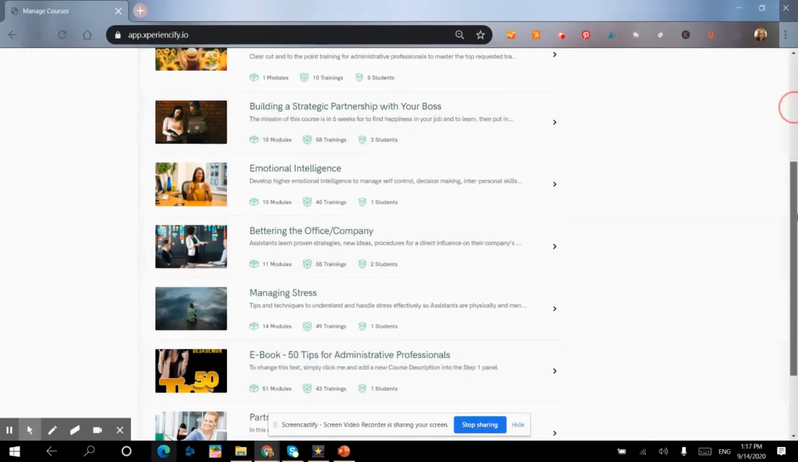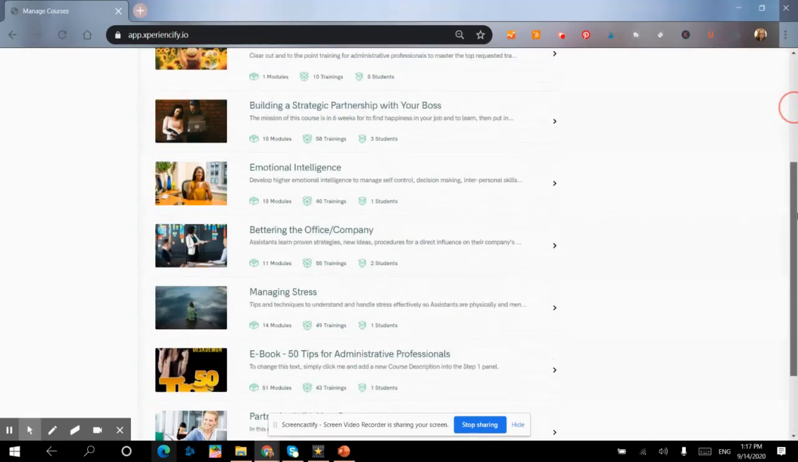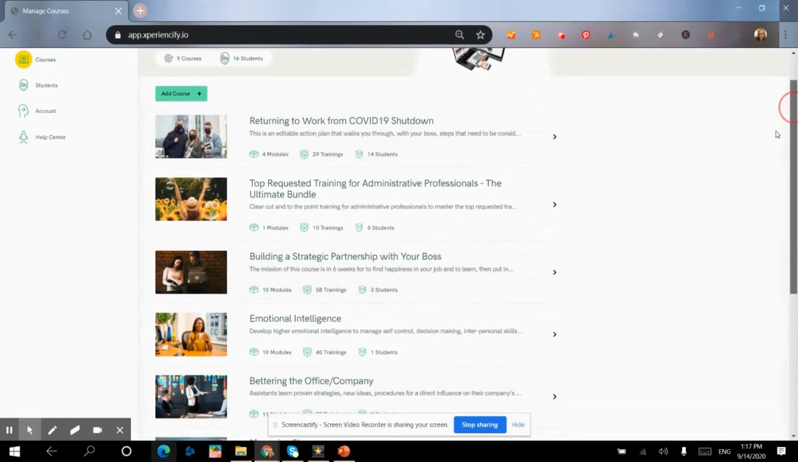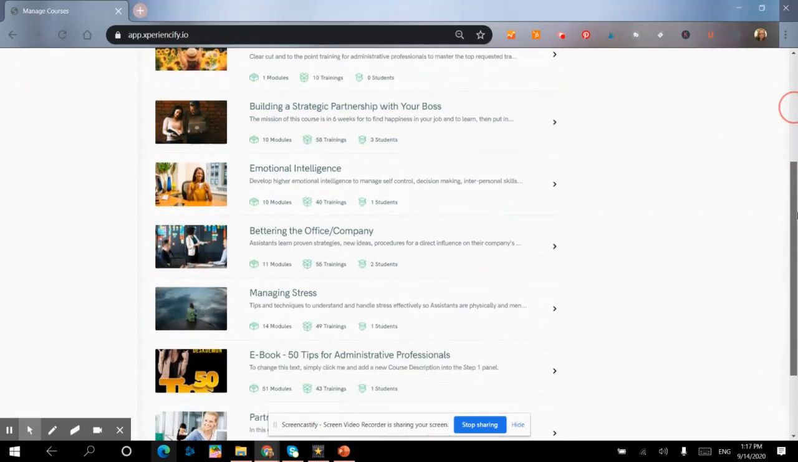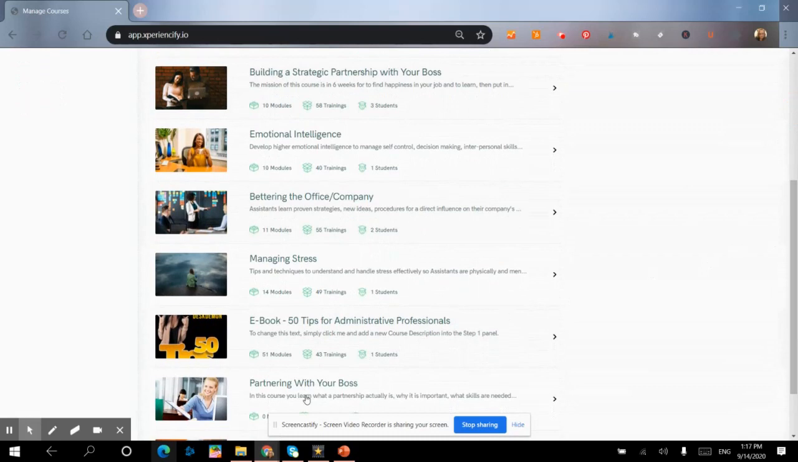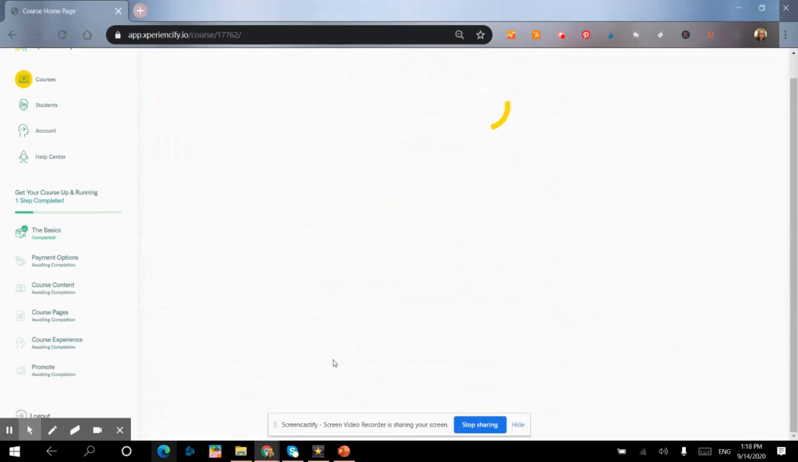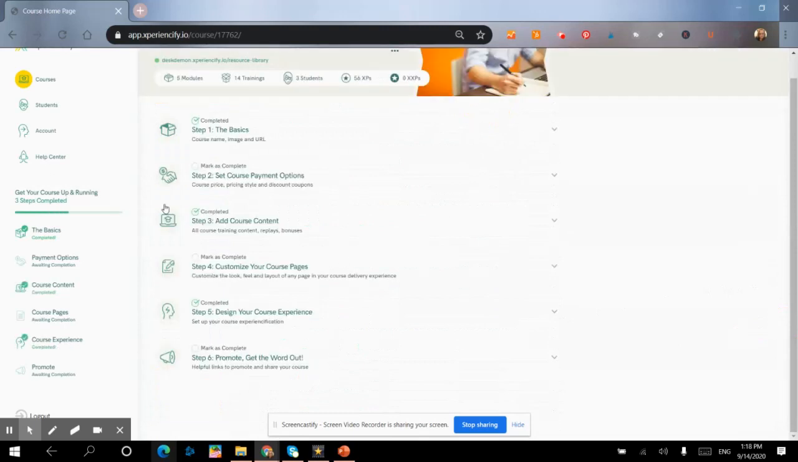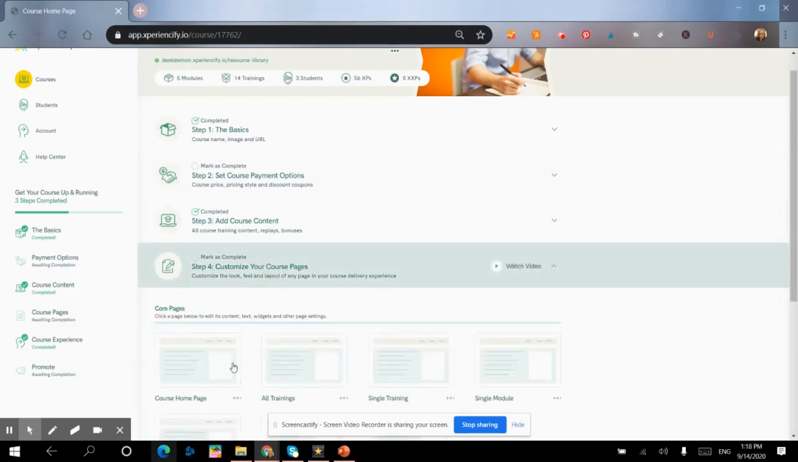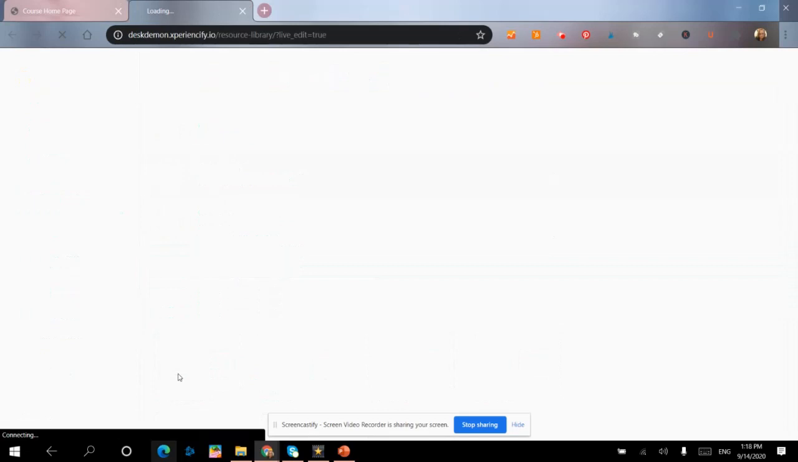So we're going to go to a class that doesn't have a timer. We'll do my resource library, which I'm just working on. So then to find the timer, you're going to do customize your course pages, step 4. And you click on one. Click on the course homepage. And at the top, once it shows up,